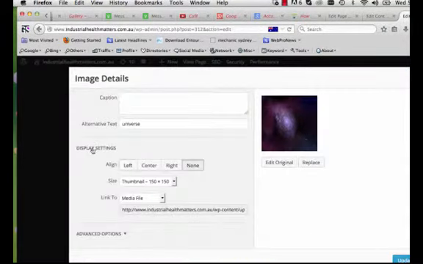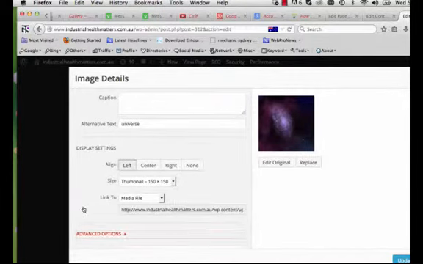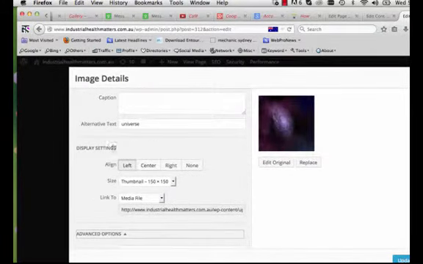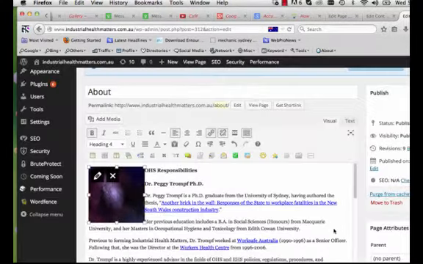I'll go back in to edit it and align left. Advanced options. Nothing's necessary there. So I've chosen left, thumbnail, and it's a media file. Update. And you'll see that the copy has surrounded it automatically. So when I click on the update button for your About Us page,